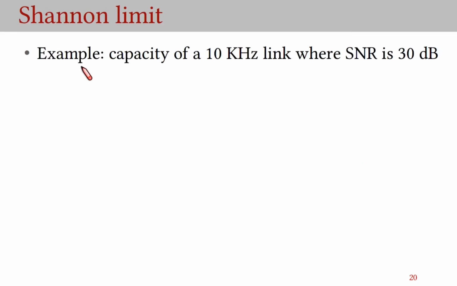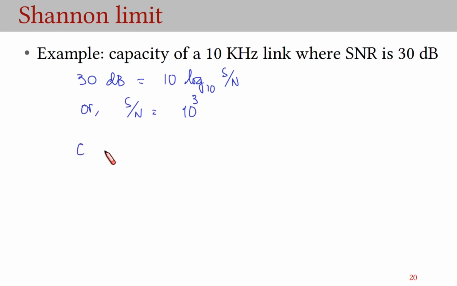Here is an example to illustrate Shannon limit. Suppose we want to know the capacity of a 10 kilohertz link where the signal to noise ratio is 30 decibels. So rewriting 30 decibels as 10 log base 10 signal to noise ratio, we get signal to noise ratio as 10 to the power 30 divided by 10, which is 3,